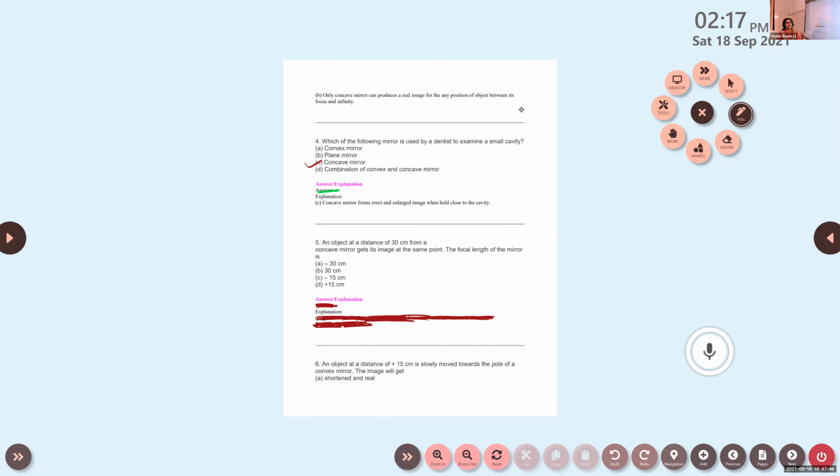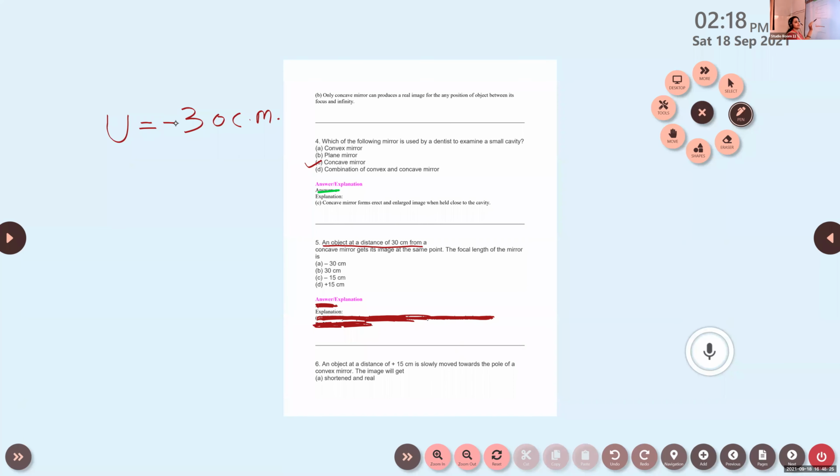Okay. And how can we calculate here in this question? Object distance is given. What is the object distance? U is equal to negative 30. In the question, the negative sign is not provided. Only 30 centimeter is given, but we must put a negative sign. Why do we put a negative sign here in the object distance? Object is always placed on the left side of the mirror. That is why we put this negative sign here. So U is equal to negative 30.